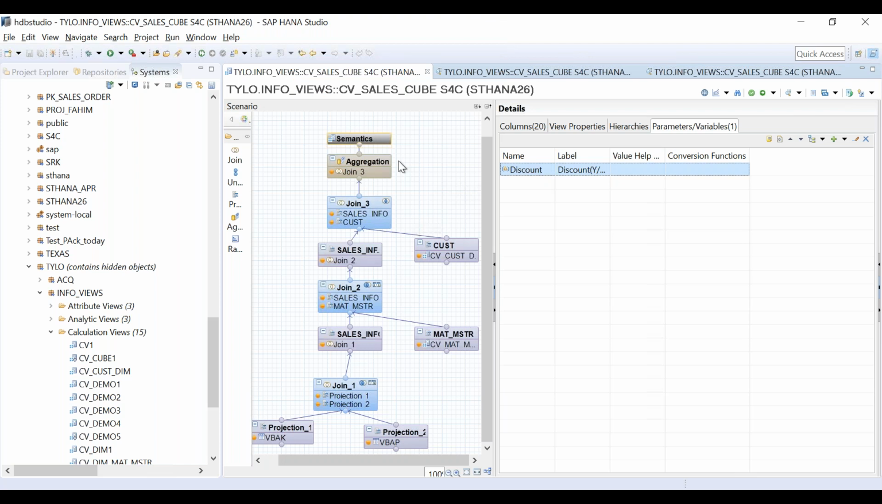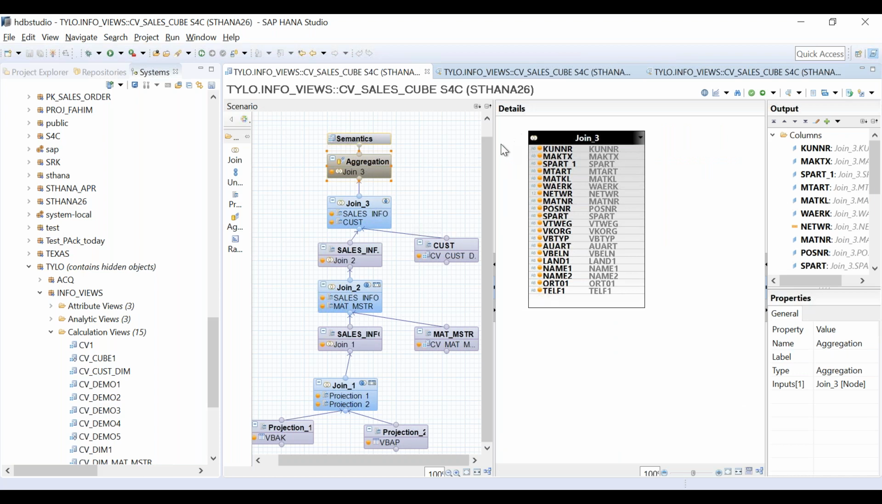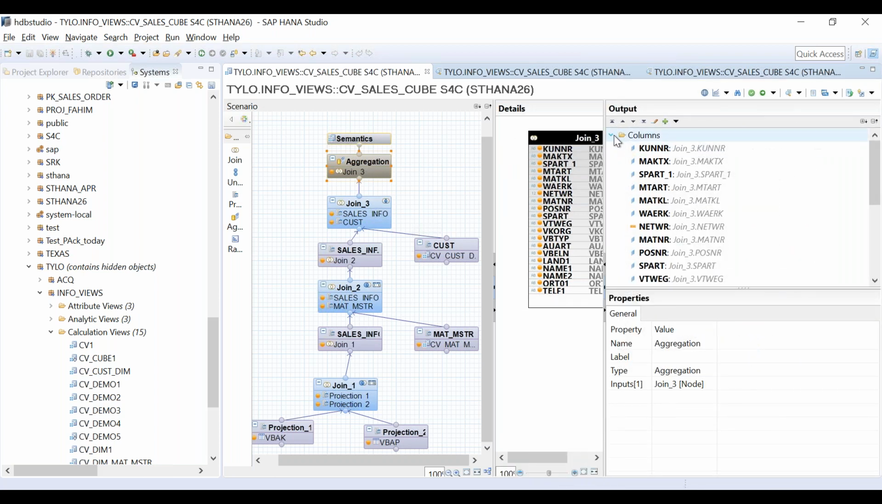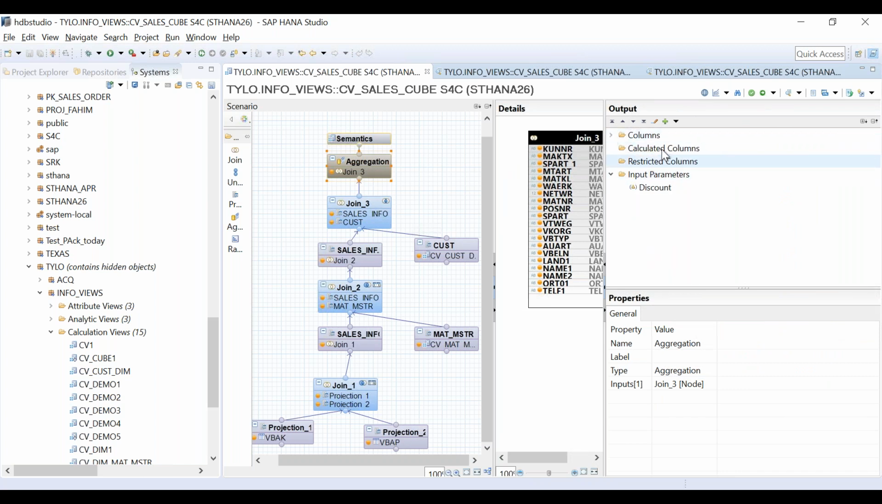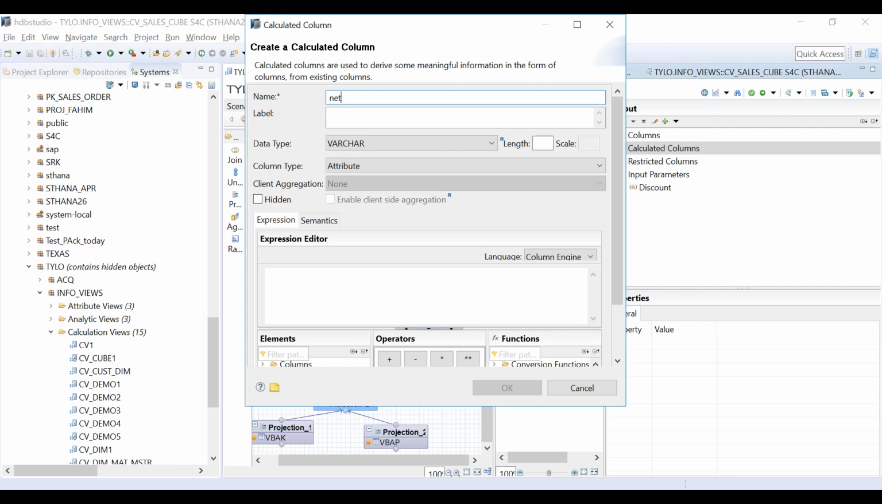So let's see that. So what exactly is the use case? If the user says yes, then we will provide a discount on the net amount. If not, we will not provide. Okay. So what we will do, we will go to the aggregation node, because right at the end we want to provide the discount. And we will create another calculated column and we will write net amount,